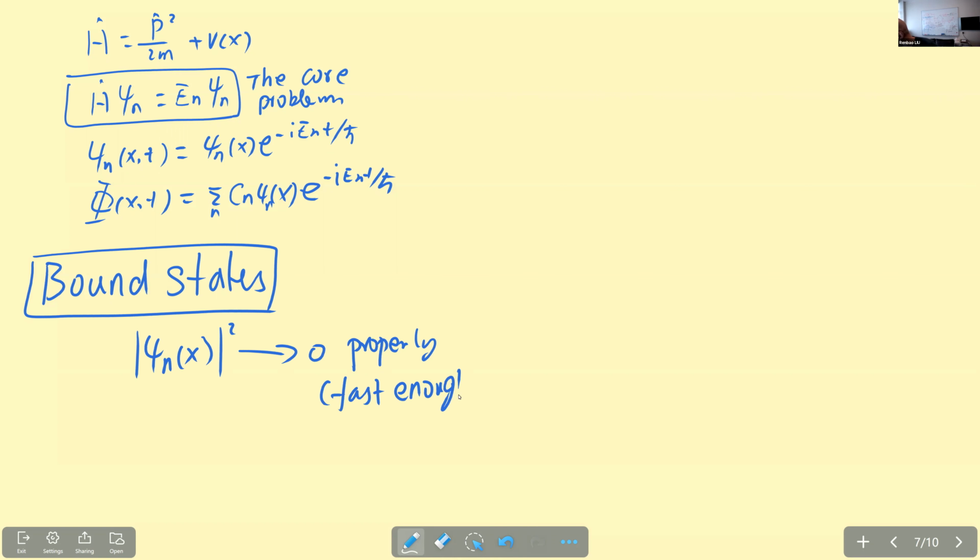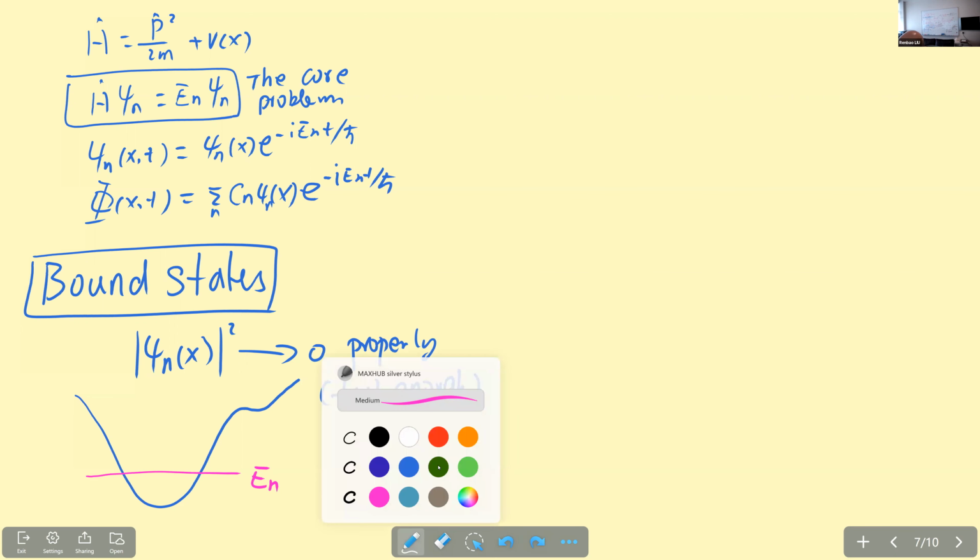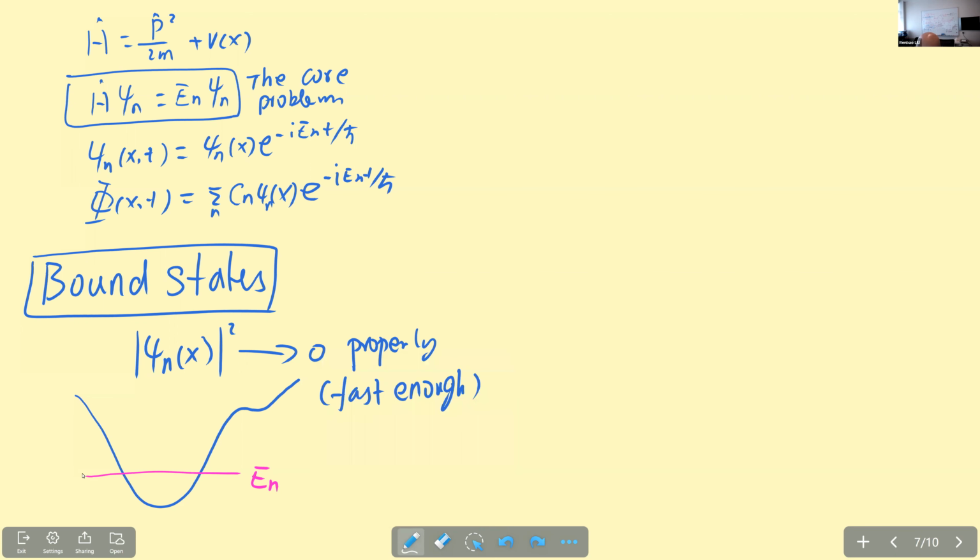What does fast enough mean? Physically, if you have a potential like this one, I can have a state. This is the energy, E_m, okay? And you can have a state that goes like this, to 0, and then inside this one,